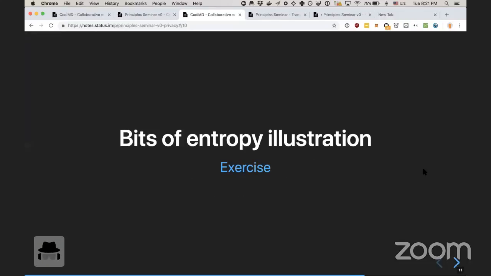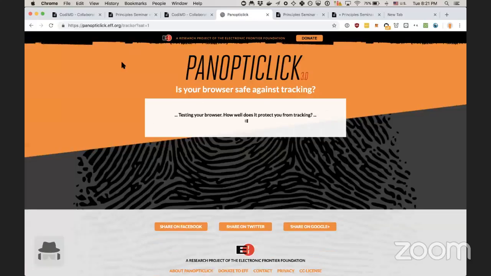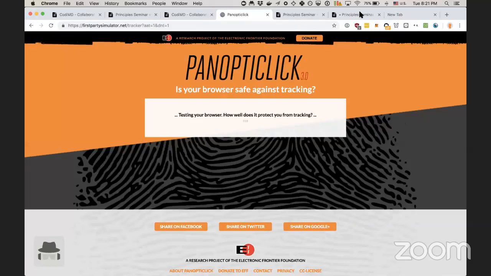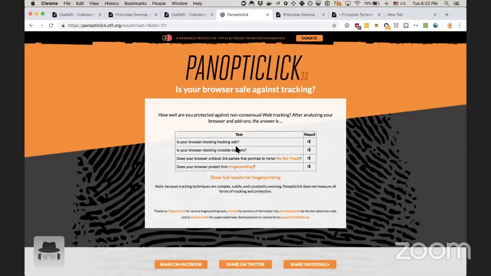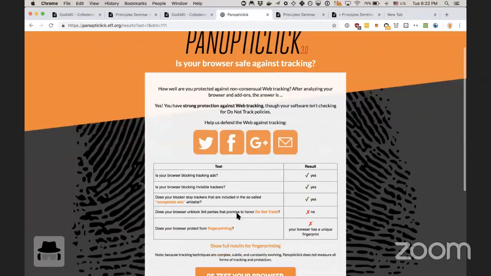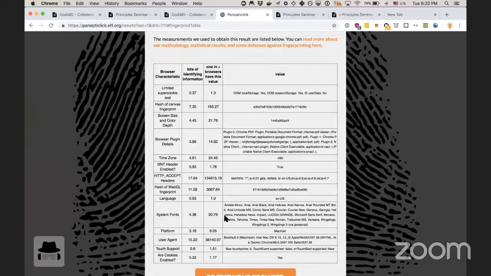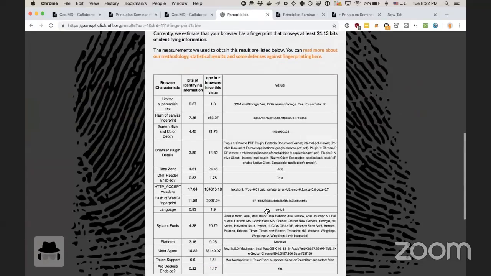Just in terms of understanding this metadata leakage, I just want to show you this thing if you haven't seen it. This is a product by EFF. I use uBlock Origin and all these things, but I still use JavaScript and stuff, and I have a bunch of add-ons like MetaMask and so on. What this does is it looks at fingerprints, so specific things like what language you're using, different cookies, the fonts you install, and so on. And what we can see here